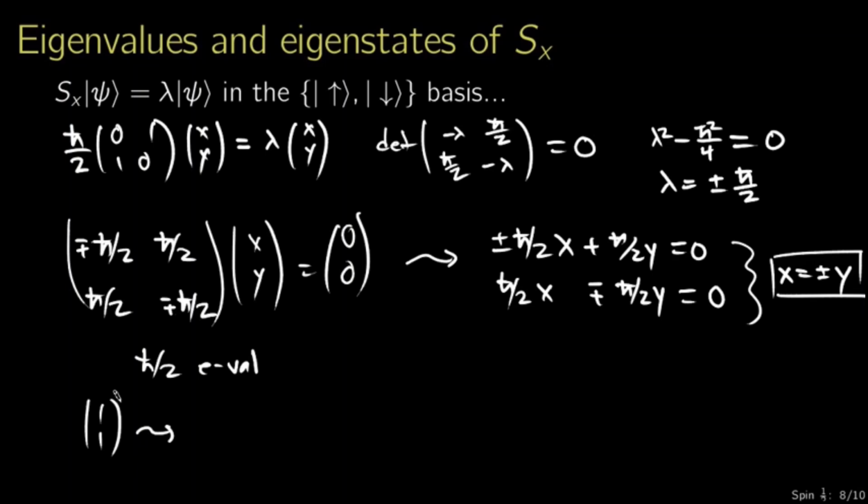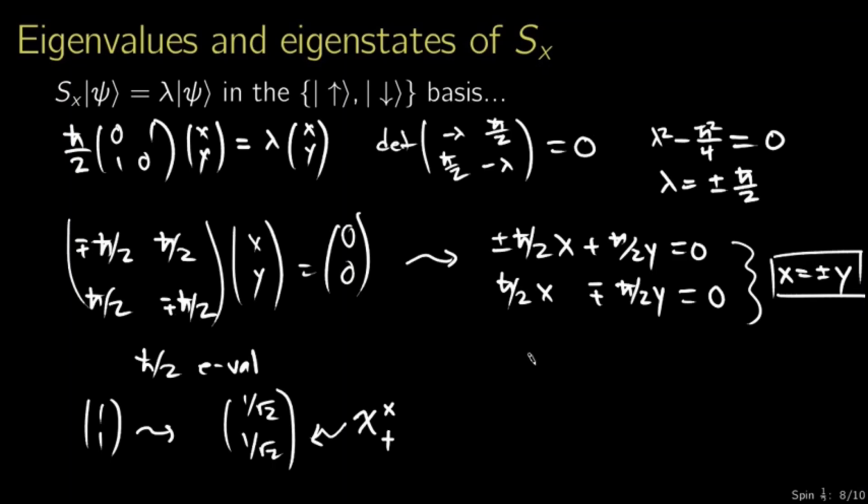When we normalize this, you're going to divide by the square root of the sum of the squares of both components, i.e. 2. We're going to divide by square root of 2. Our actual normalized eigenvector is going to be 1 over root 2, 1 over root 2. These 1 over root 2's are things that you see a lot when you're dealing with two-state quantum systems. And Griffiths calls this chi plus with a superscript x to signify that it is the eigenvector associated with the x component of the spin angular momentum with the plus sign in the